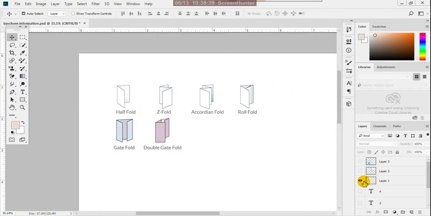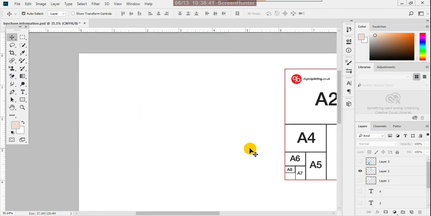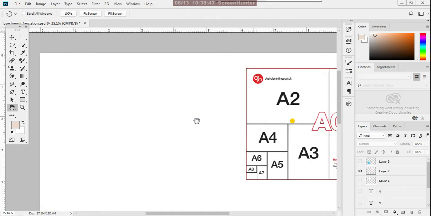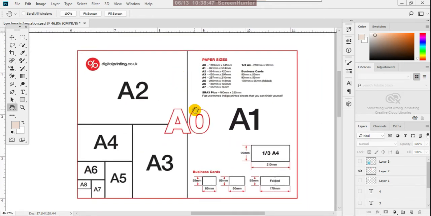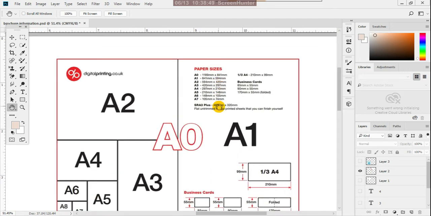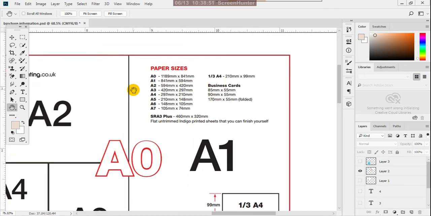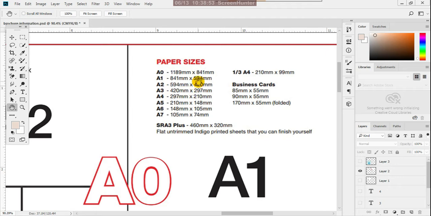Next, the sizes. When you check the brochure and paper size, we have the standard paper sizes. The biggest size is 1189 mm into 841 mm, A0.